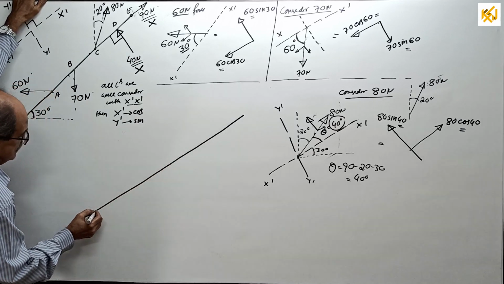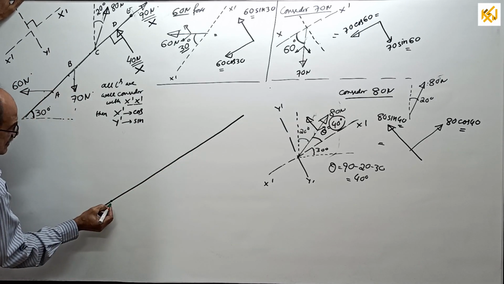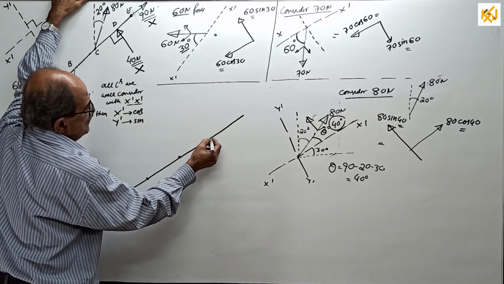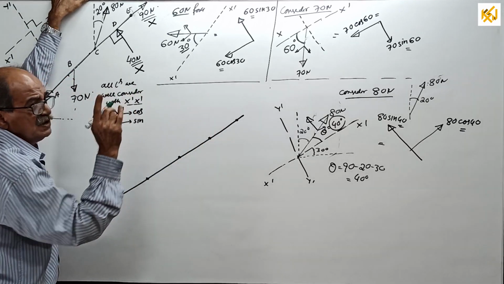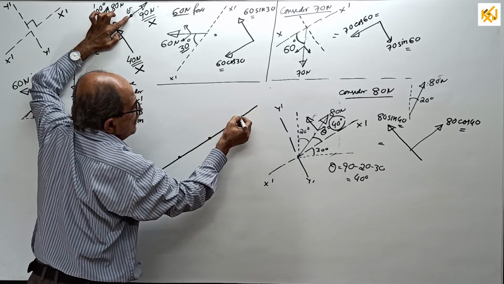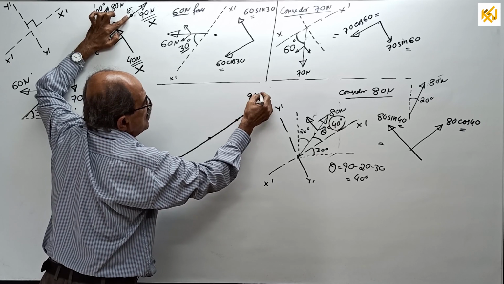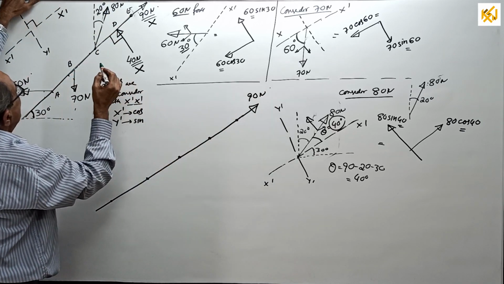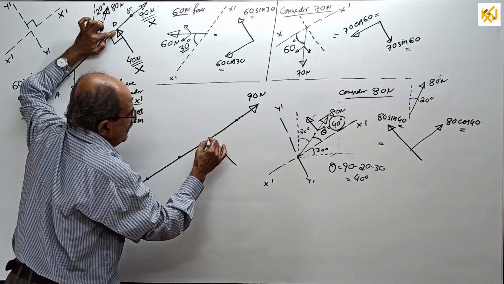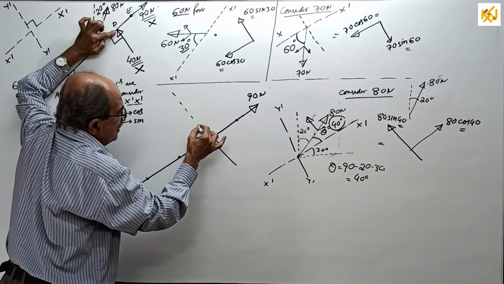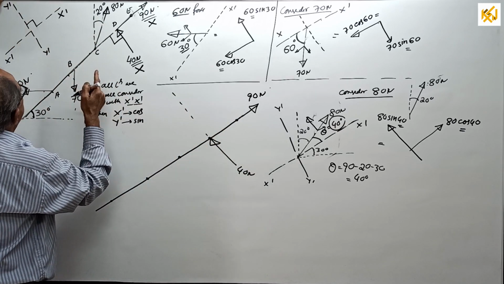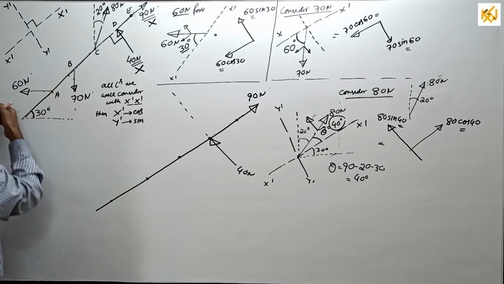See, this point is A here, this point is B here, this is C, this is D, this is E. See, lastly what you have to do is to understand this 90 will be directly written here, no change, 90 Newton. See, now, then even this 40 Newton will be direct entry. Why? It is directly along perpendicular line. How much is one? 40 Newton, no change. Now see, here, 60 Newton here, this point.